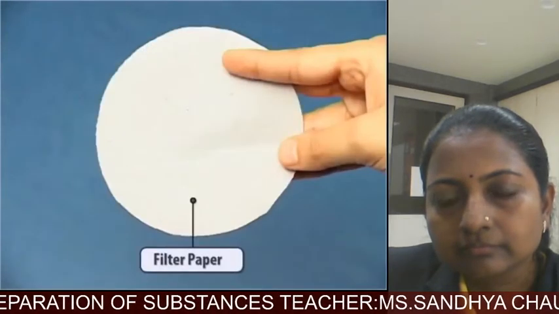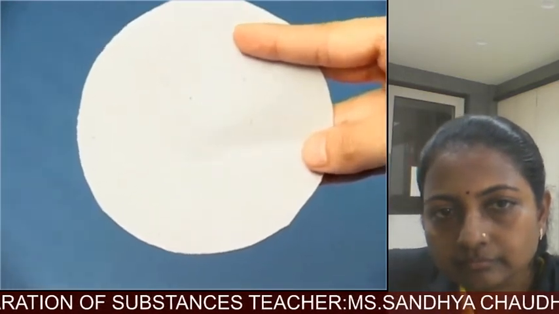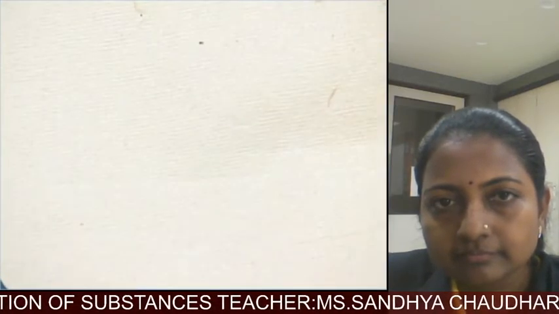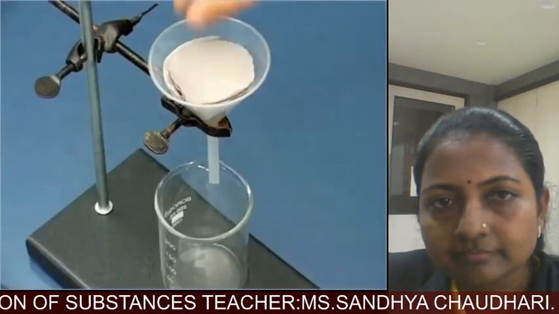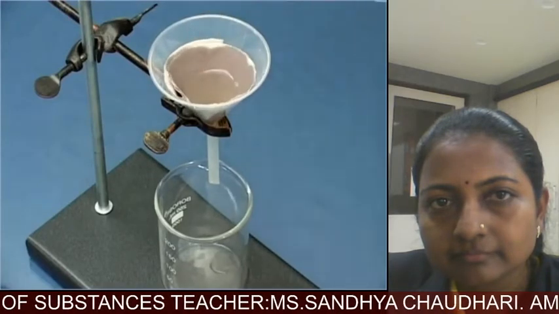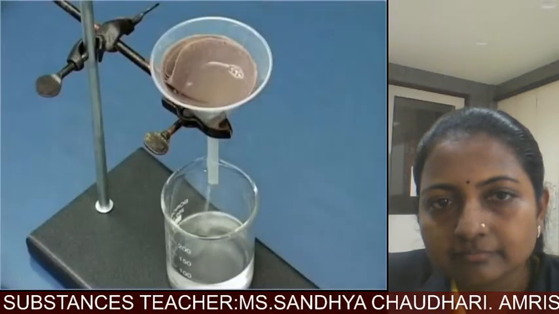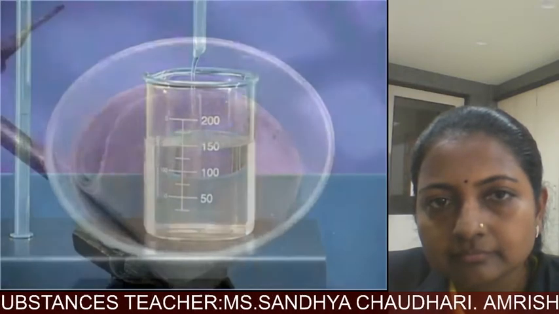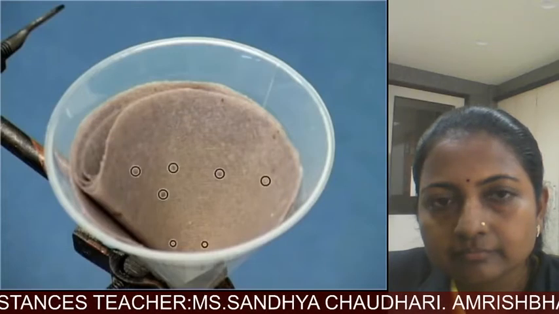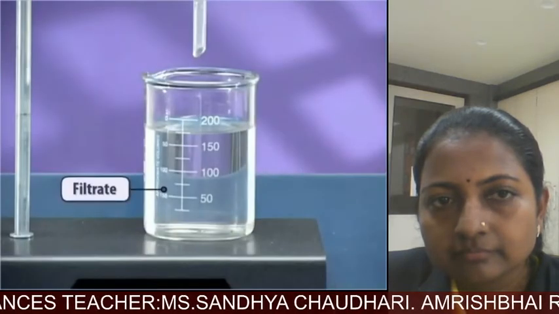A filter paper can separate the fine particles of mud from the water. A filter paper has smaller pores than cloth and hence can be used for this purpose. Place the filter paper in the funnel and pour the water obtained after filtration with cloth. Look at the filter paper after filtration. You can see that fine particles of mud are deposited on the filter paper and the filtrate obtained is free